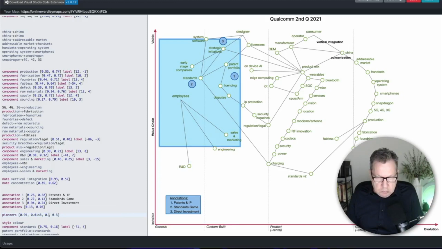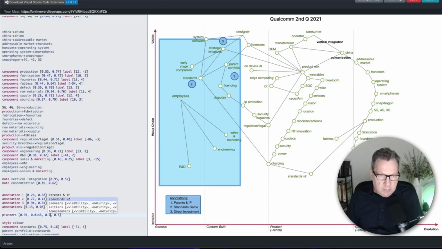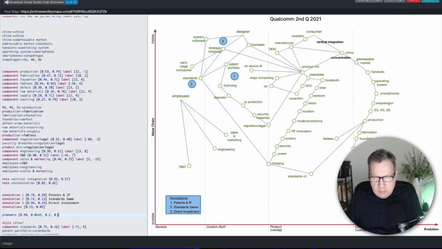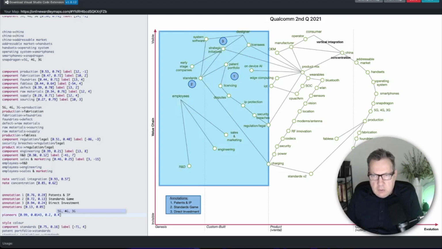Give it a little bit more height. That's not bad. And so, what we're doing here, I actually think we should make this a little wider. Cover some of those more